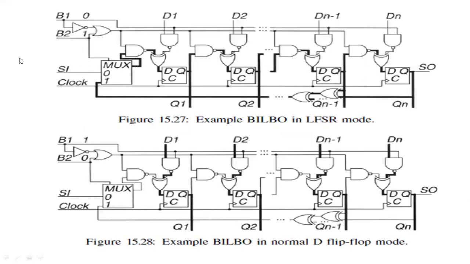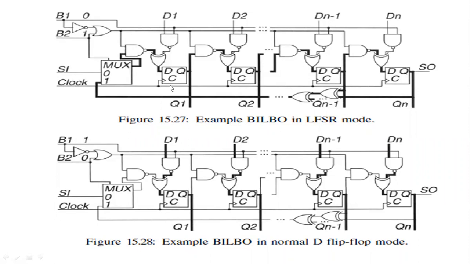Now, in the test per scan operation, you can see here the first block when B1 and B2 are set to 0, 1. When it is 0, in essence, it sets active low operation, and when B1 is 1, it takes a scan chain operation basically. Sorry, when B1 and B2 are both 0, it gives a scan chain operation. When 0, 1 is there, it is for LFSR mode, which performs a shift mode operation.